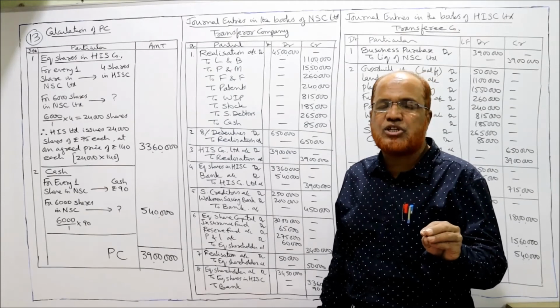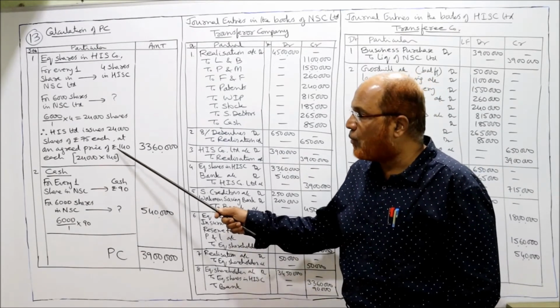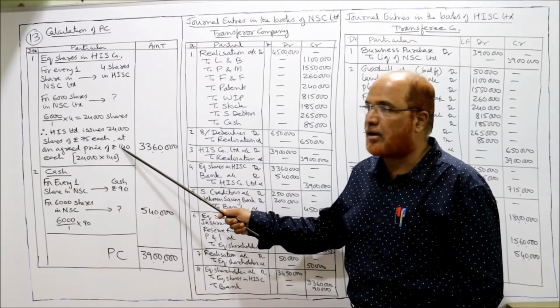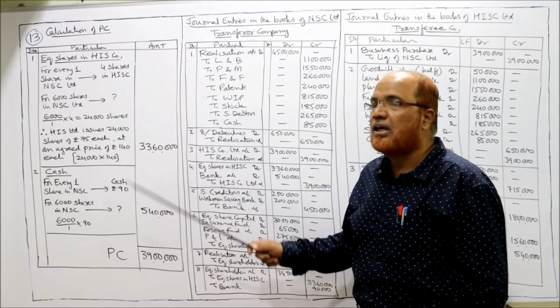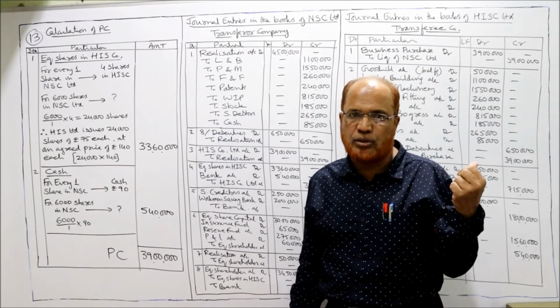The face value of each share is 75, but it is issued at an agreed price of 140. Issuing at 140, so 24,000 into 140, 33,60,000 is the value of shares issued by Hindustan to